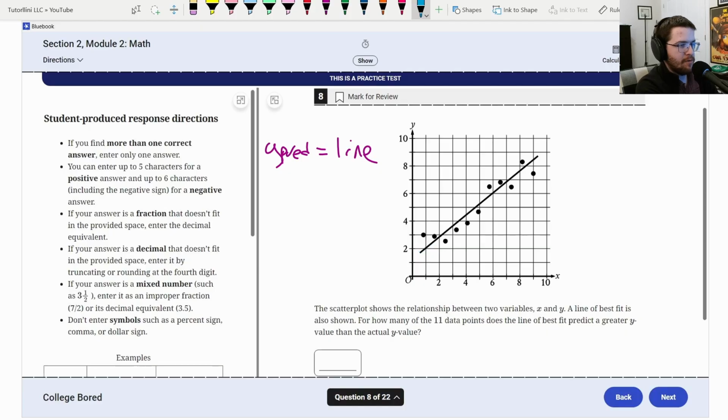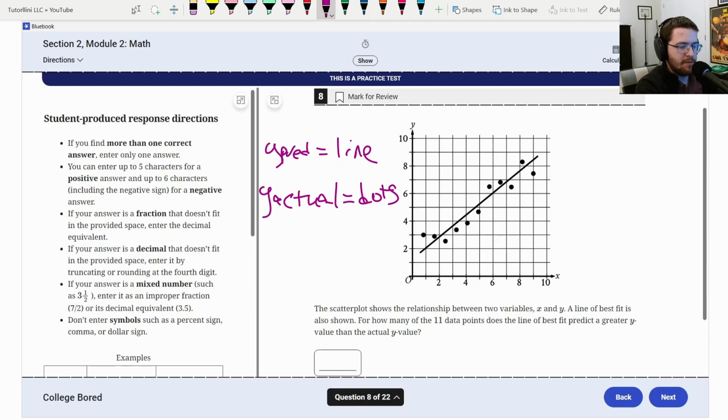And the actual y values come from the dots. So literally where the little circles are. So just make sure you understand that. Anyway,